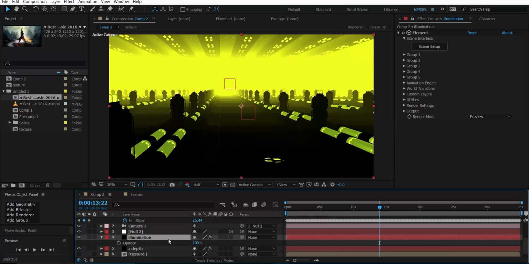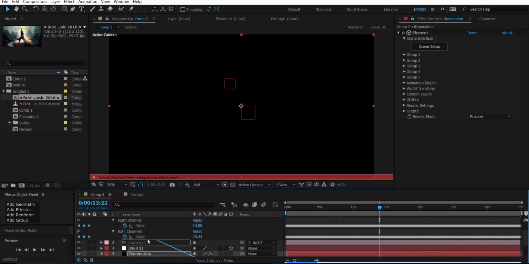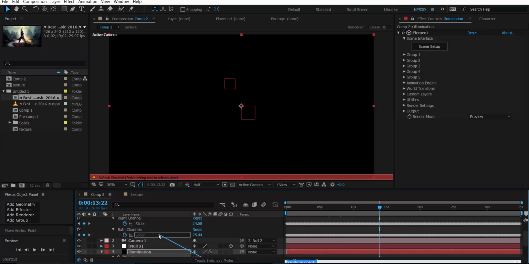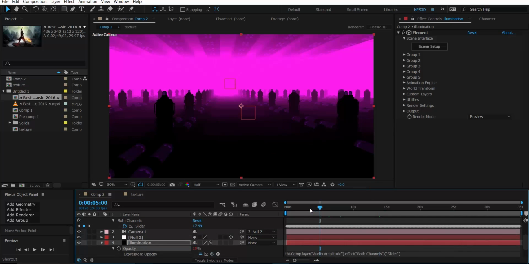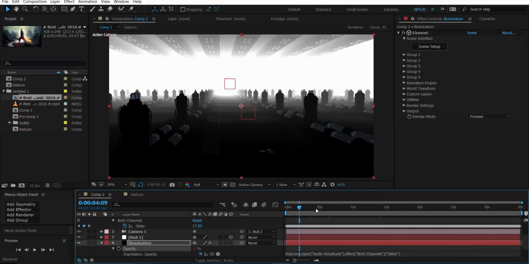What I will do is press Alt and click this icon and parent this layer's opacity with this audio amplitude both channel keyframe. So you can see now this blinks with our audio,